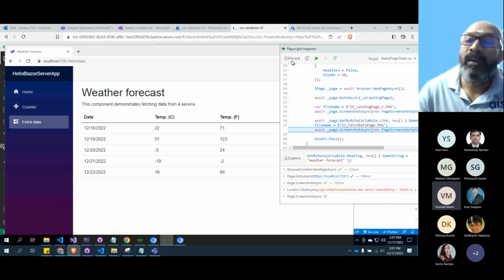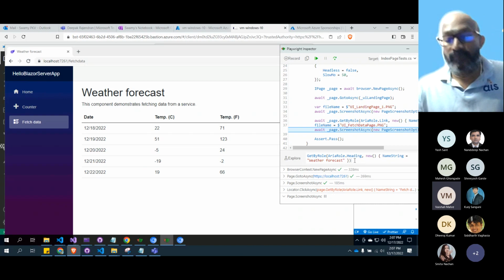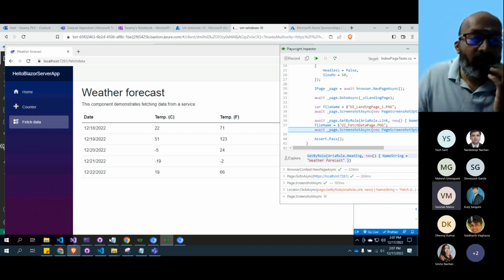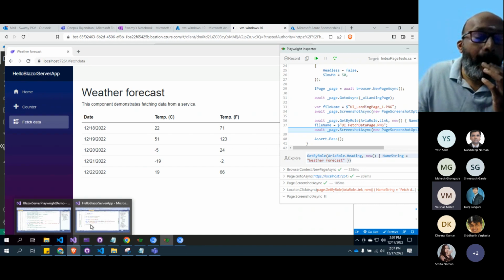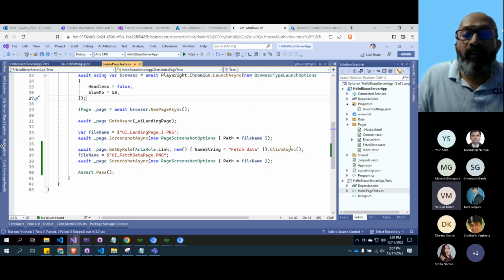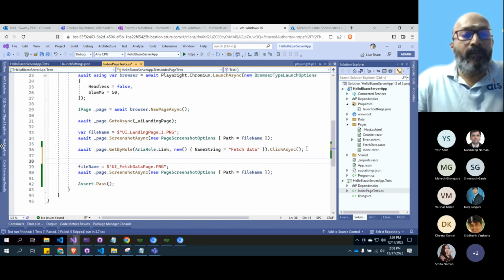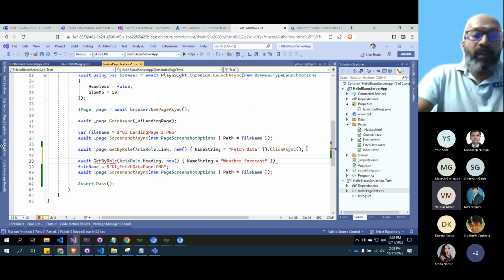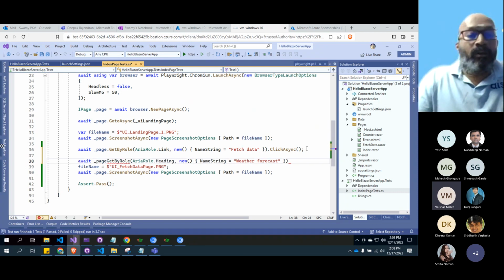OK, now if we are still in doubt, I'll just copy this. After that, I will put it here and we can do await page dot. So that means we are saying that